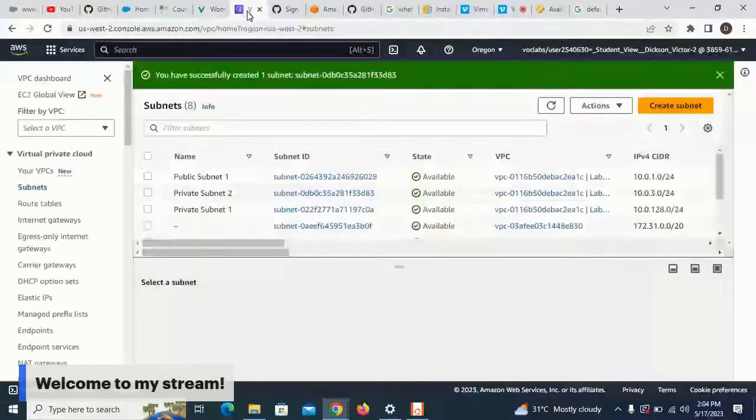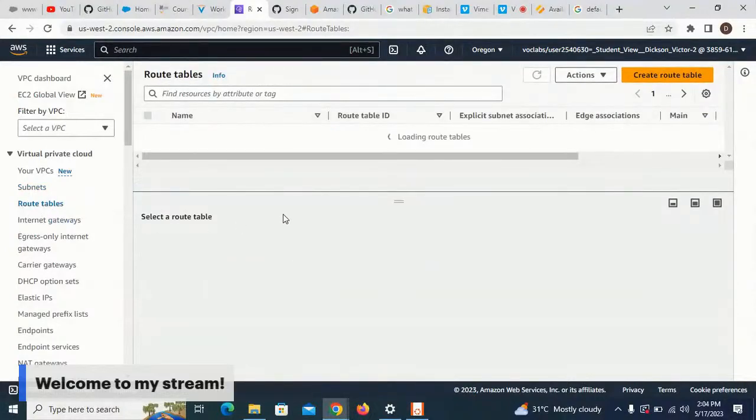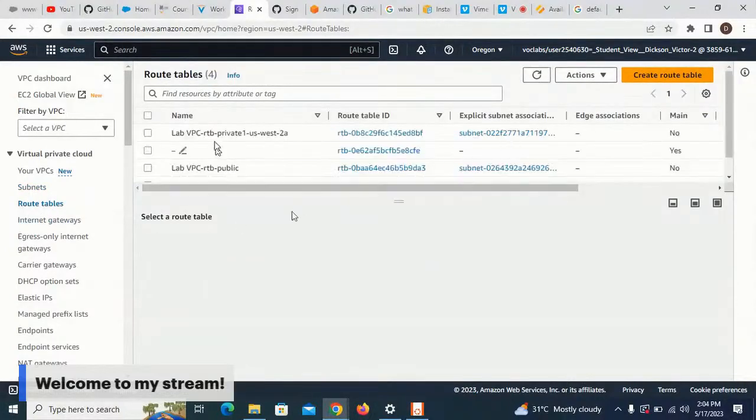So in our VPC console, we go to route table. These are the current route tables that we have for the private subnet 1 and public subnet route table. But let's do something. Let's create,